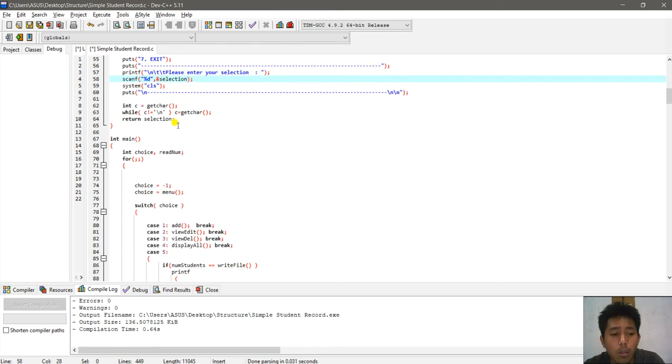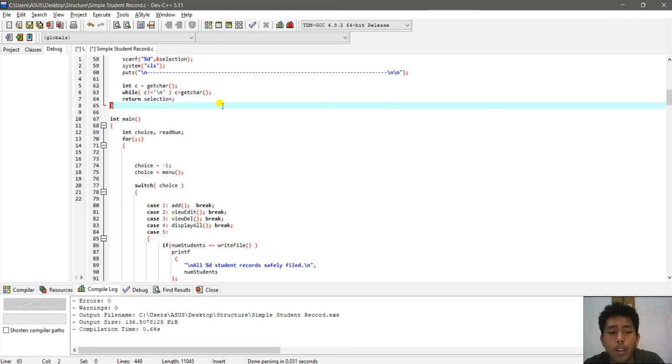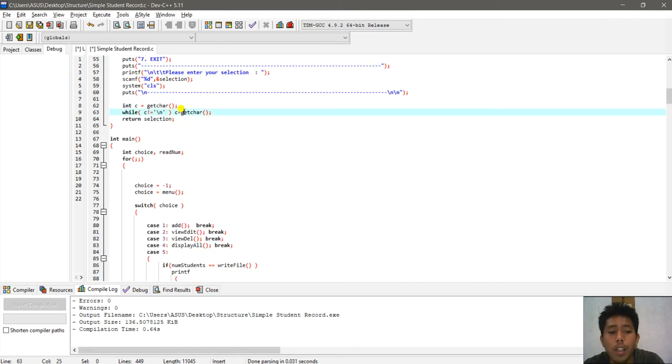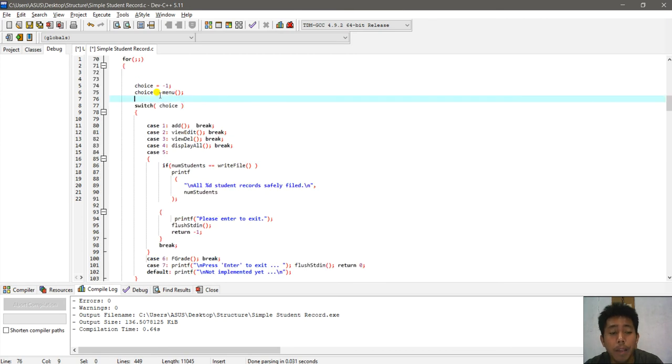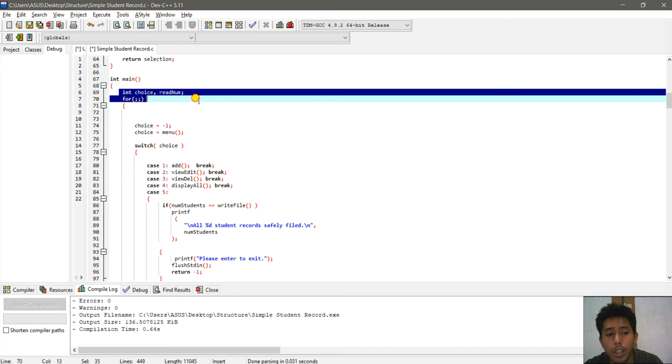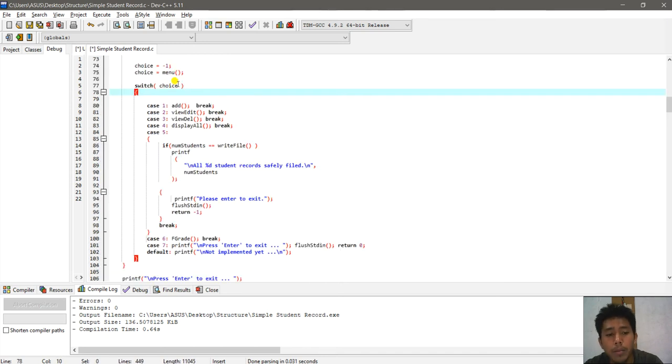Okay, so we assign in C. In C is equal to getchar, so we're going to get the character of the inputted. If the user inputted a wrong choice, it will automatically return to the selection choices. Okay, so here's the int main rather. So we assign this int as choice and read num. Here, as you can see,